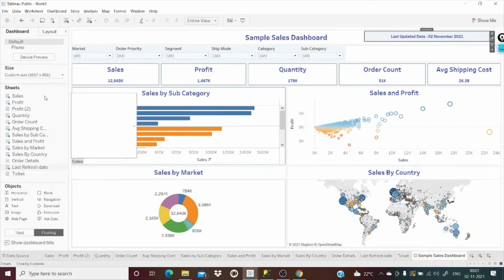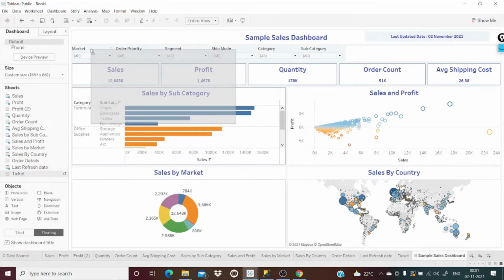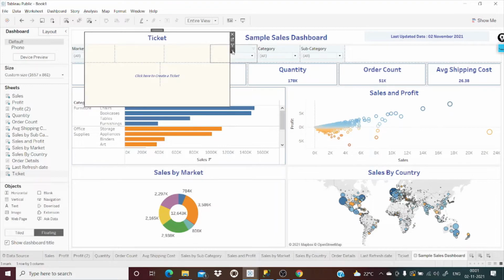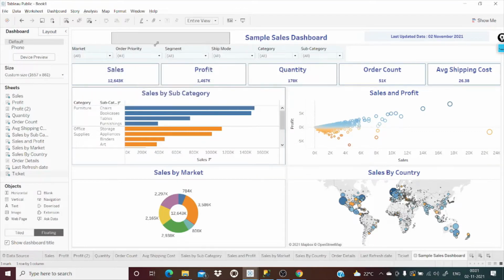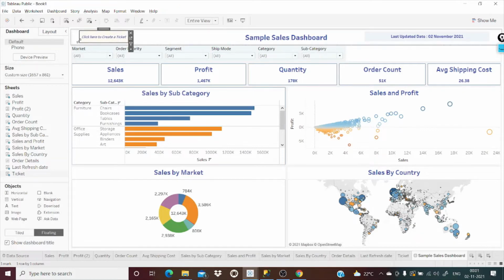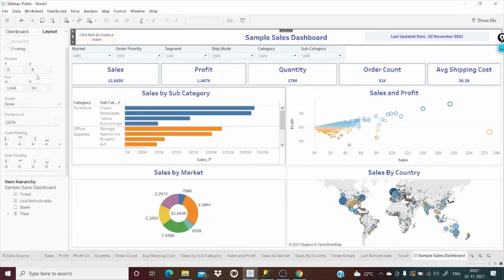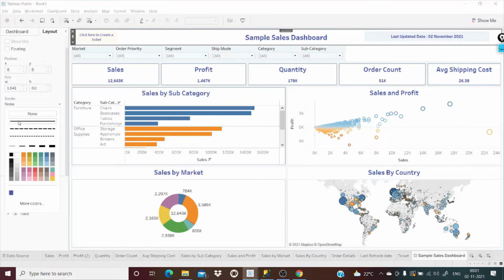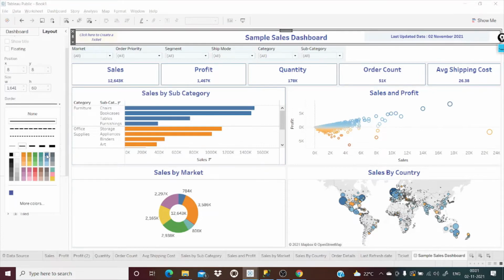And then we'll have the ticketing over here. Again, this is also title, we don't want to. And then fit entire view. Yes, it is. We'll decrease the size. We will give the border to this one, and just give the second one and then blue.